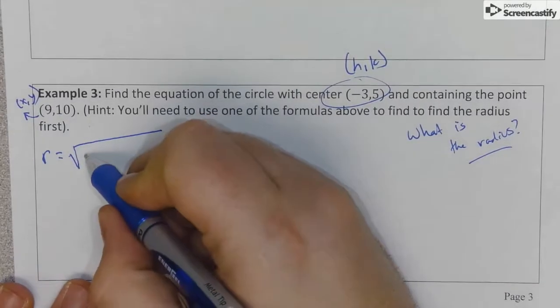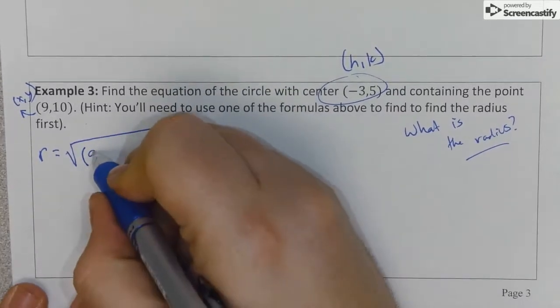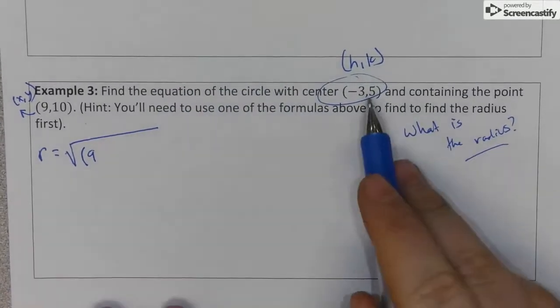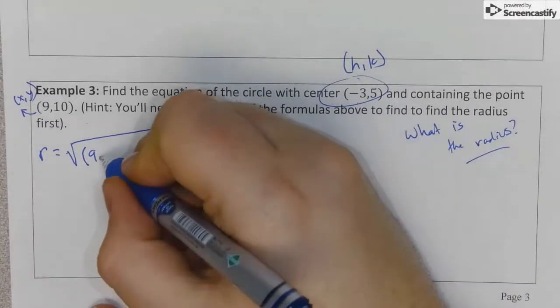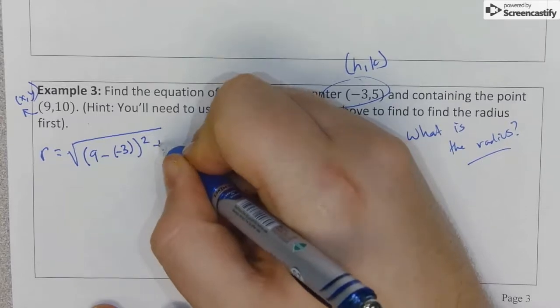So in that form above, r is the square root of x. Well, we know x is 9, minus h. H is -3. So we're going to say minus -3 quantity squared plus